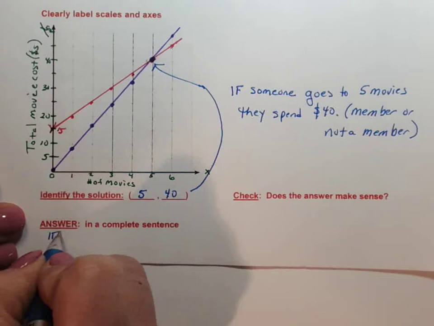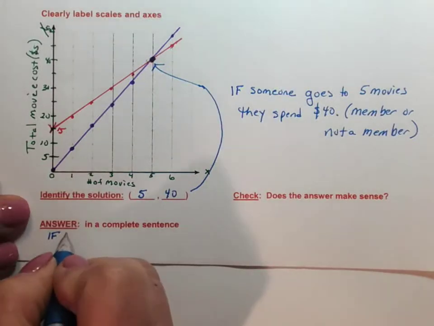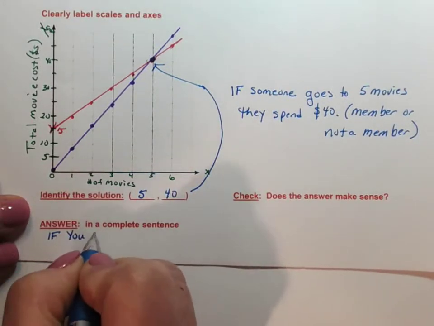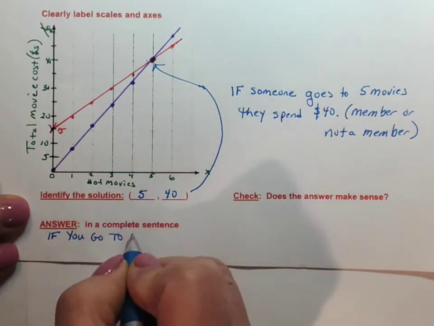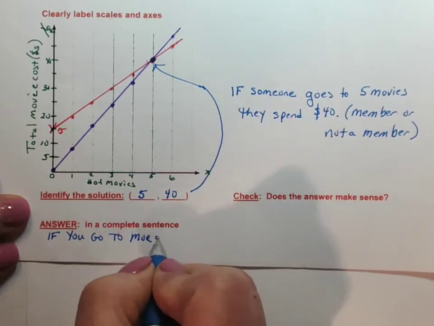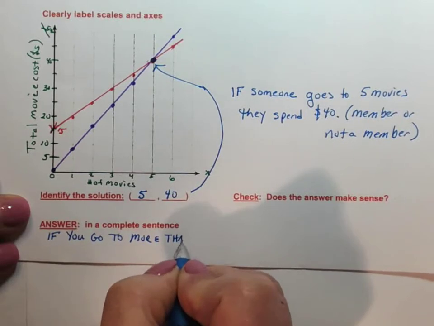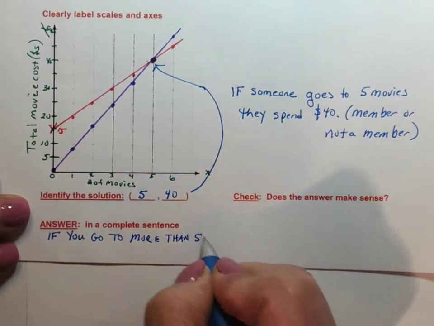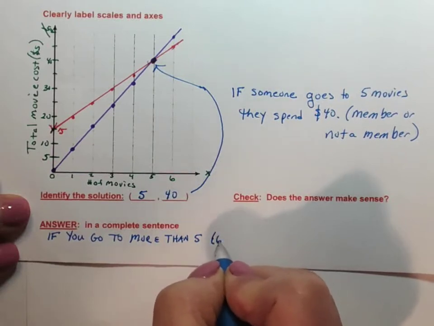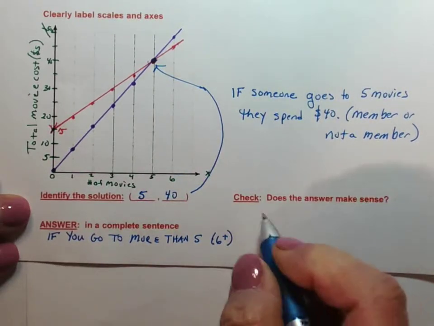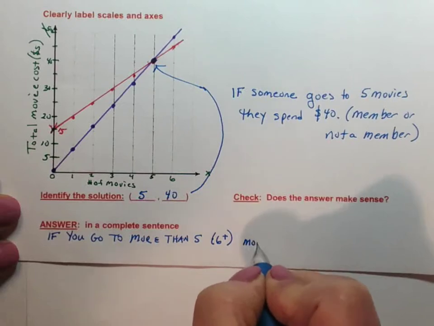So, the answer is if you go to more than 5, which means 6 plus movies,